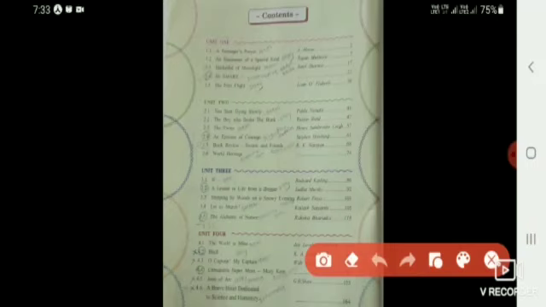First poem is A Teenager's Prayer. Second poem is A Basketful of Moonlight. Third poem is You Start Dying Slowly. Fourth poem is The Twins. Fifth poem is If. Sixth poem is